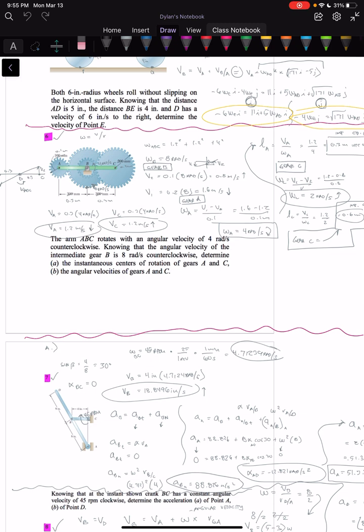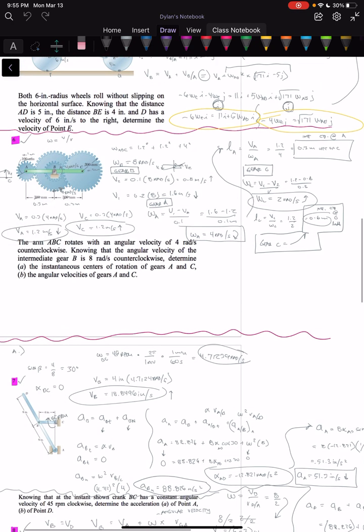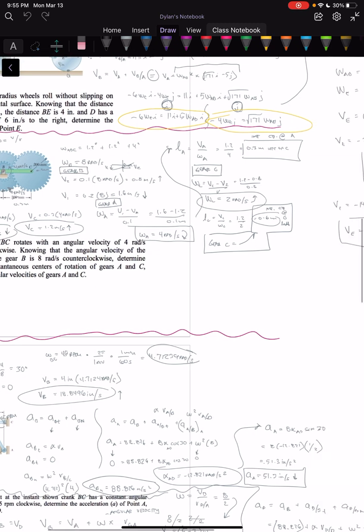Number 6, we had to look at each gear individually. We had the most information about gear B, and that was also in the center, so we took everything in relationship to that. We were able to find our y components of velocity at A and C, and then we know that our formula, angular velocity, is equal to velocity over our radius,